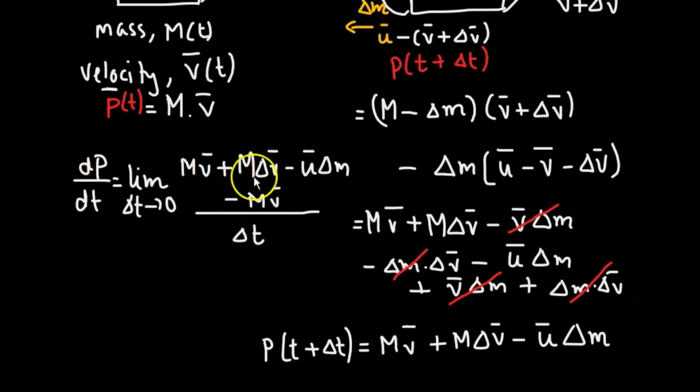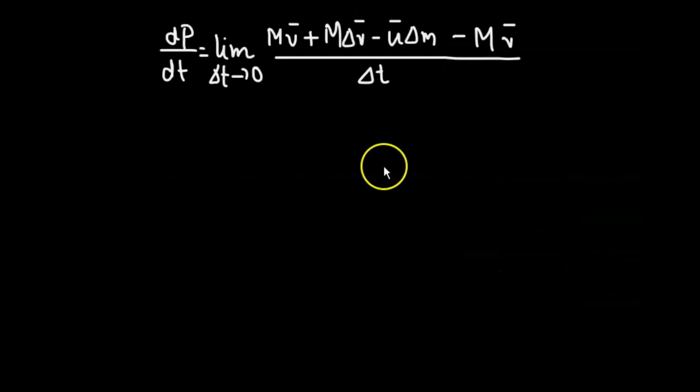Let me quickly write it down in a cleaner space. So we have dp over dt. We immediately see that m v vector and negative m v vector cancel out. So that leaves us with